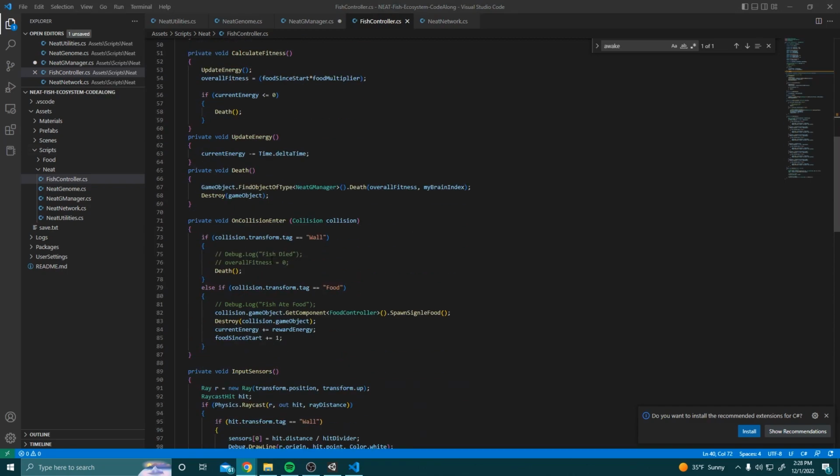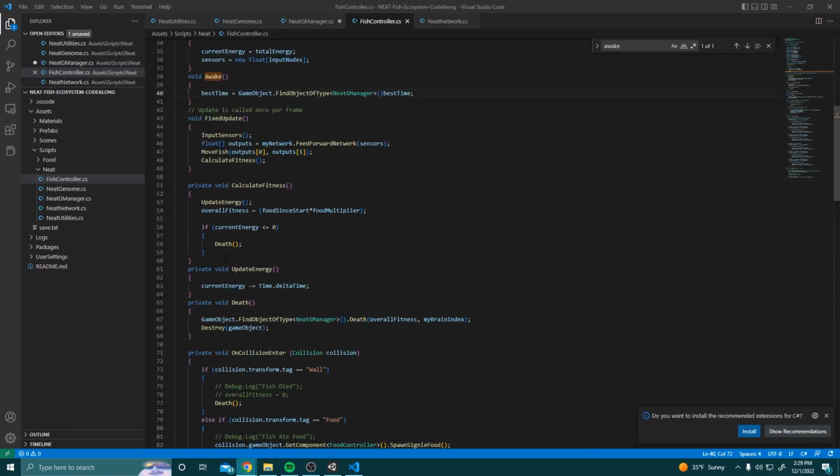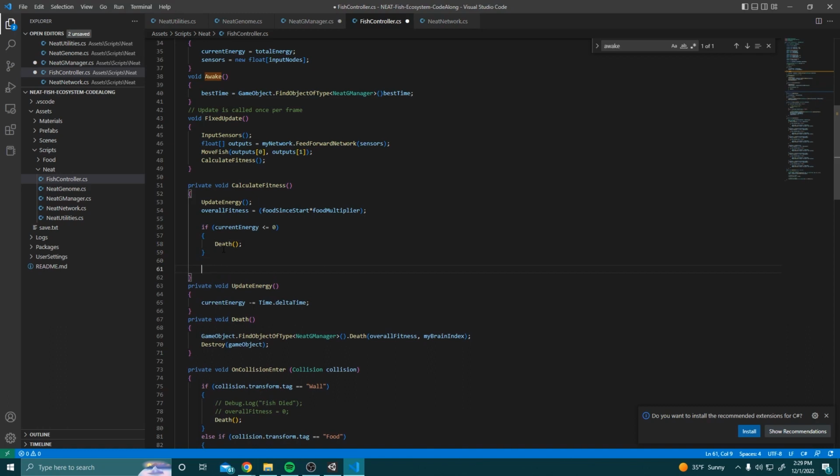So when we calculate the fitness, we'll do this in the fitness function. This is also where death is called, so that's why we're also going to do this in here. If the time since